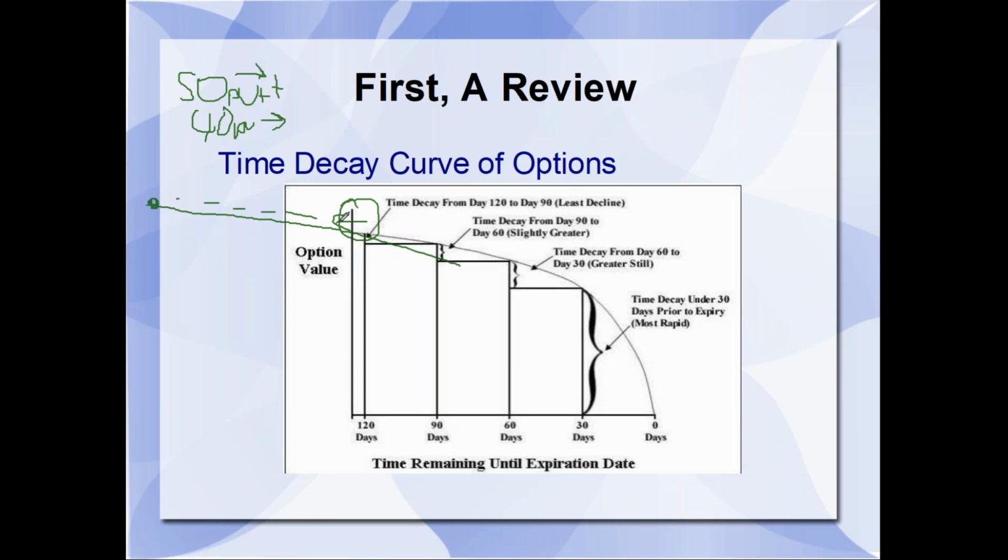You're really not going to see a lot of time decay until you start getting into maybe 6 months, and then it's going to increase. But then 90 to 100 days to that expiration is going to start to slope off. In the last 30 days, it's going to go to zero.